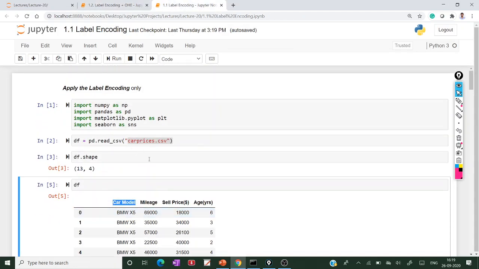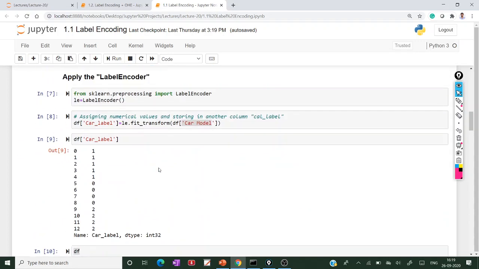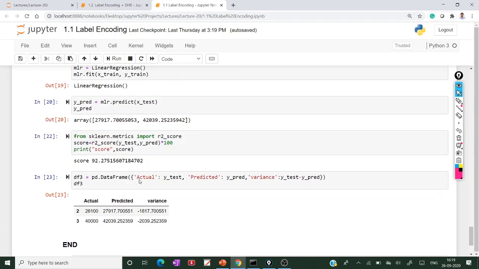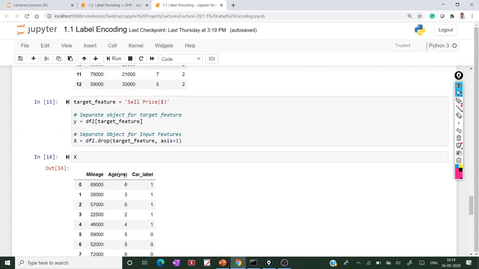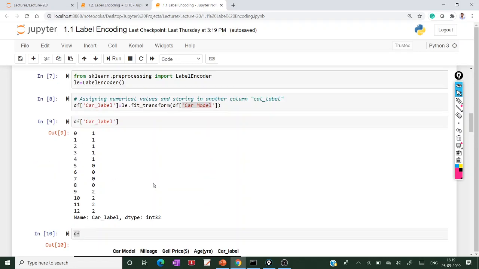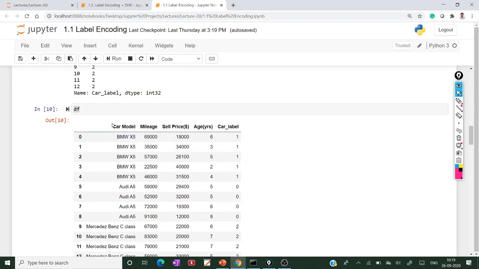So here what we did, you are applying only label encoding. With label encoding, you got the value 92.27. Why? Because here the values are less. Actually you are applying the label encoding. On which kind of feature are you applying the label encoding here? This is not the ordinal features. So which kind of feature is this?